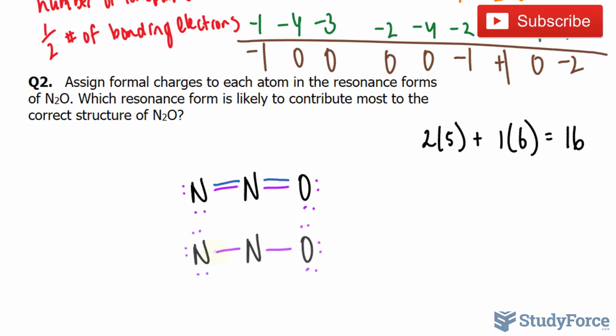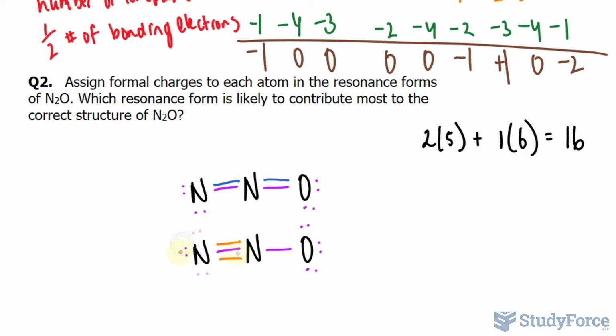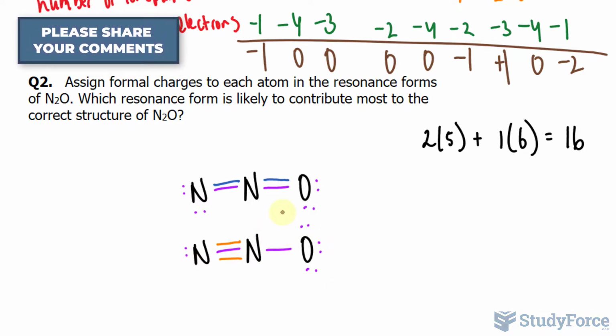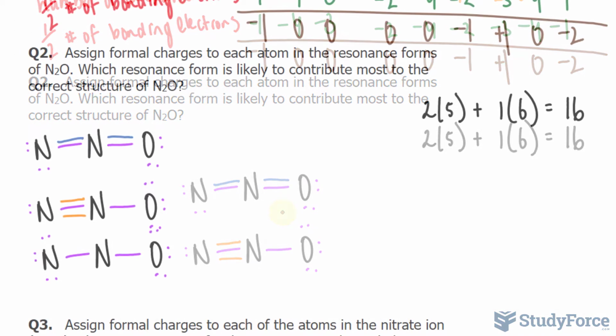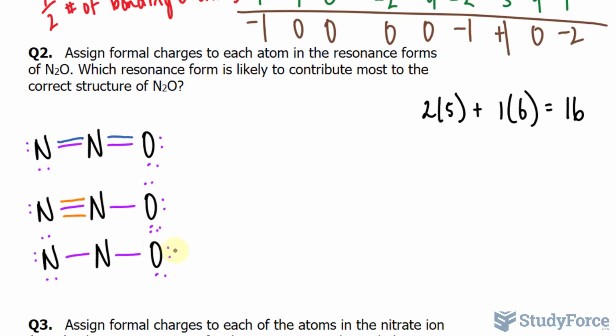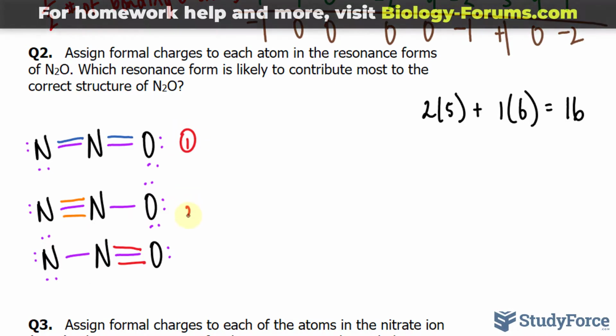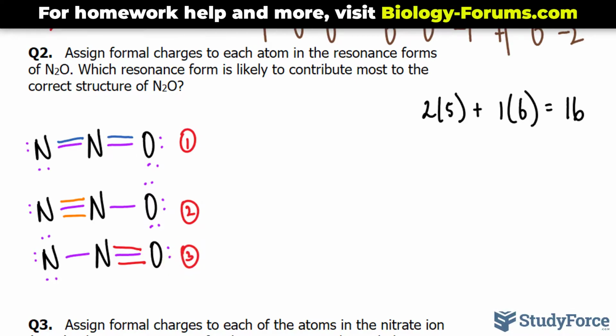Let's take a look at another one. So beginning where we left off last time, rather than having 4 bonds around this nitrogen, I can bring these 2 electrons here and these 2 electrons here. What happens now is that we have 8 around this nitrogen, that's a complete octet, 8 around this, and 8 around that one. So that's a second resonance structure. The last resonance structure could look like this, where these electrons around this oxygen can be placed here, and these can be placed here. As a result, this has a complete octet, that has a complete octet, and so does that. I'm going to label this 1, this 2, and this 3,